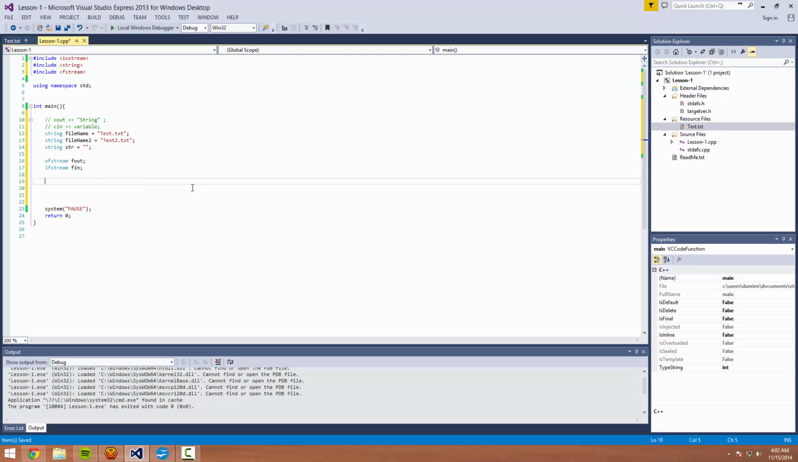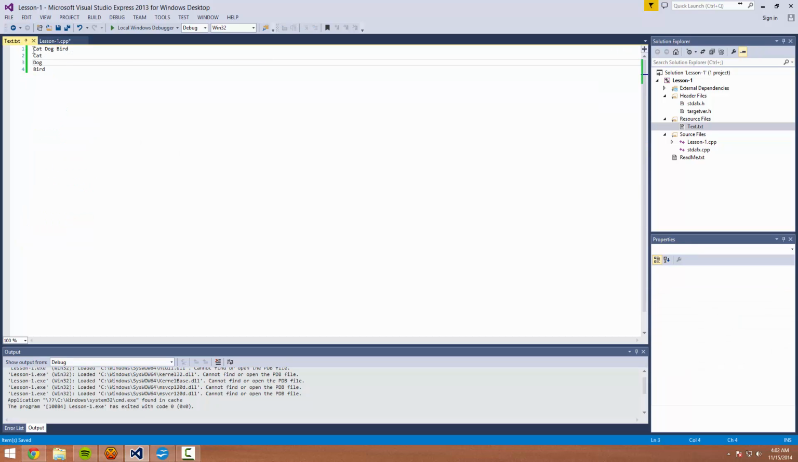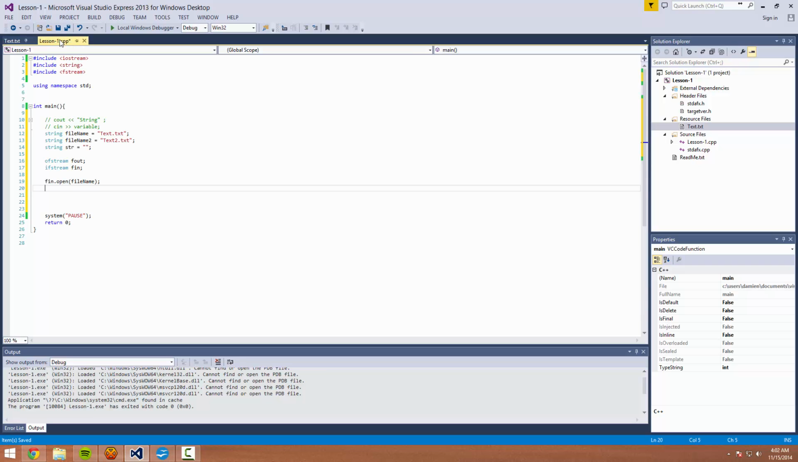So let's do this real quick. I'm going to show you a simple example of how to open a file. We're going to do fin.open(filename). That's how you open a file. I mean, it's very simple. And let's say that I want to take everything in this file and display it on the screen, 1 word per line, breaking on white space or new line, because new line counts as white space to the interpreter. So what we're going to do is while fin goes into string,